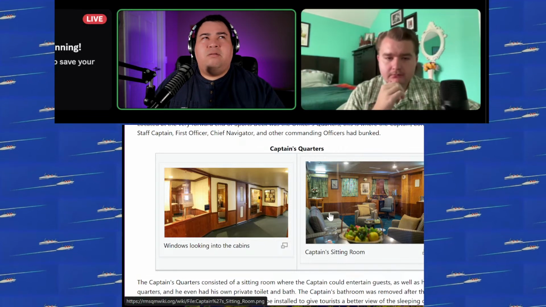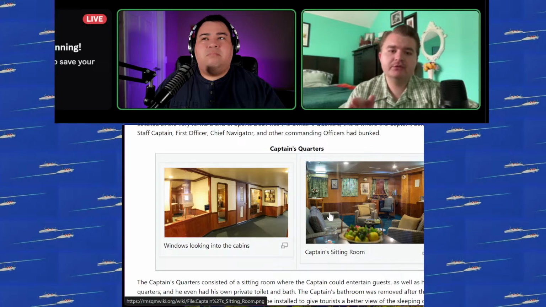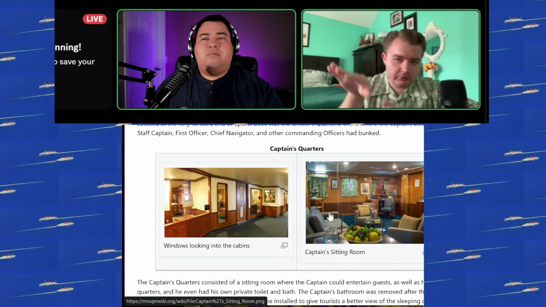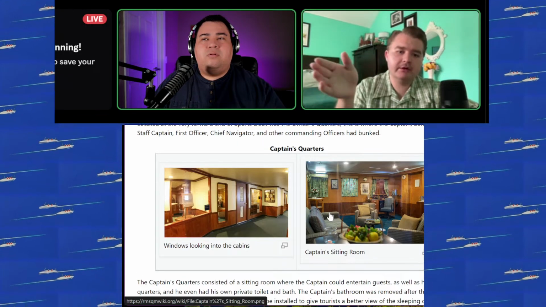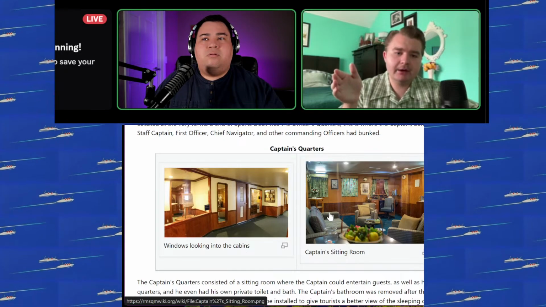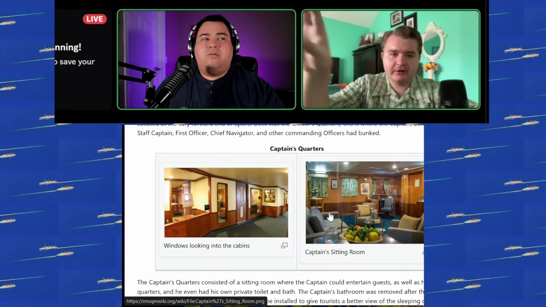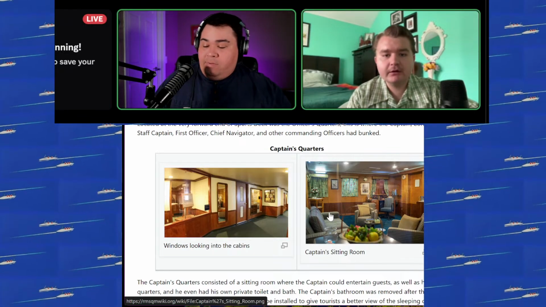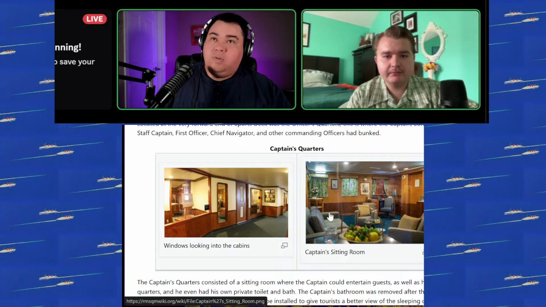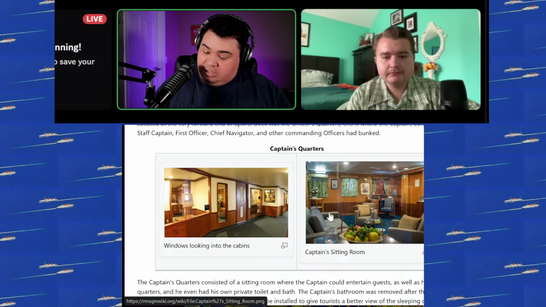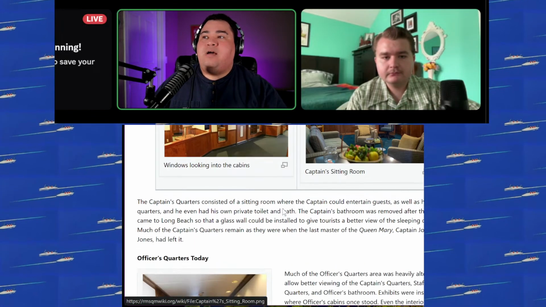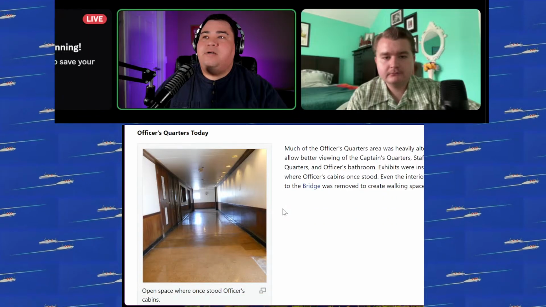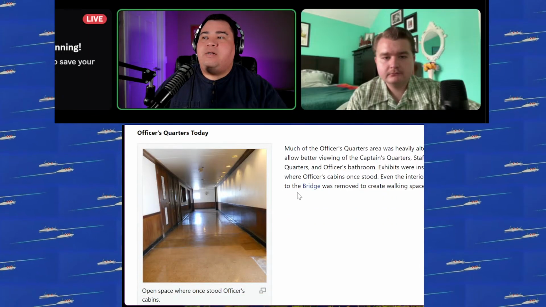His bed used to be backed up against the window that you look into the room through. If you were in his bed, he would be facing the bulkhead of the outer shell, so basically where the side light is. His day room is pretty much the same. But you can learn about the officers' quarters on this page, and the bridge as well.